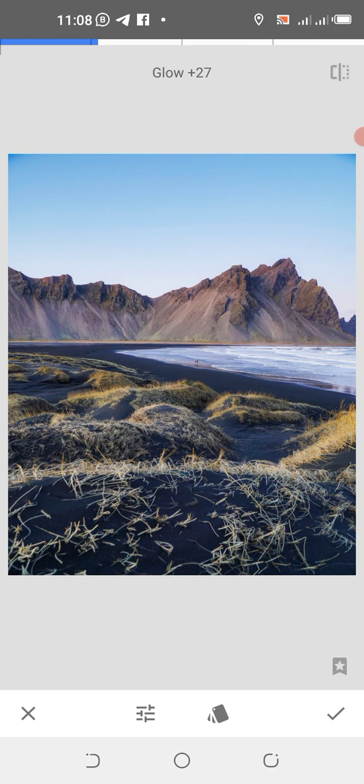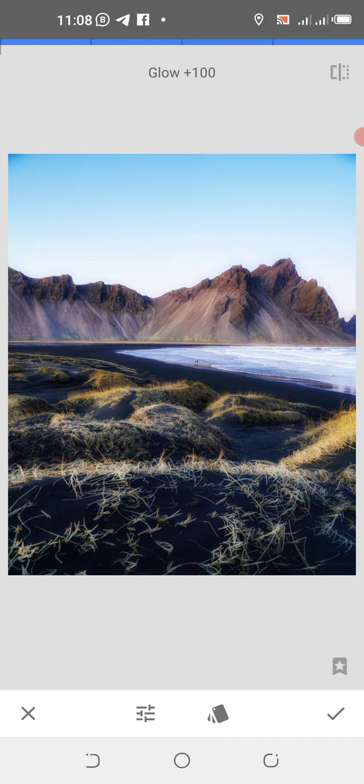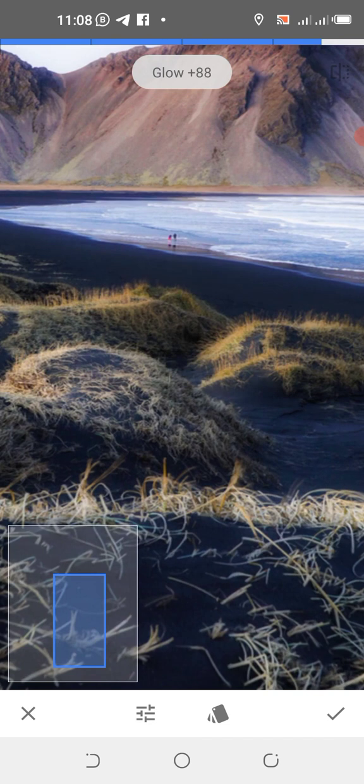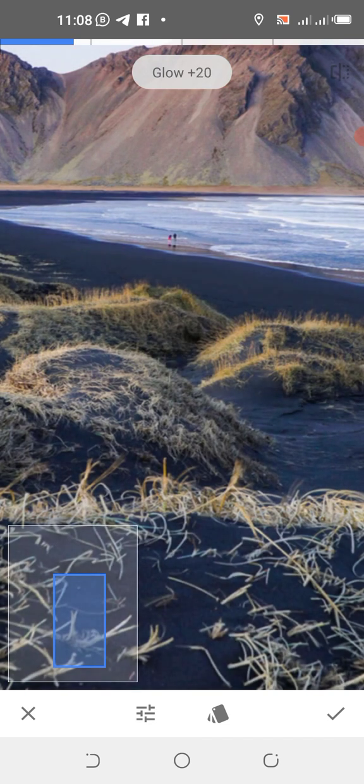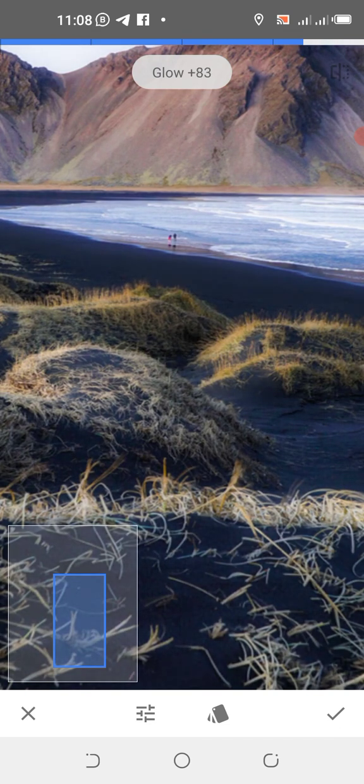Once you increase the glow to 100%, you will reduce the details. You can see the details in this image are no longer showing. I just tapped on the screen and moved my hand towards the end and moved to the left and the right. Now we're doing before. Okay, so that's not working because, if you see it, the details in the image